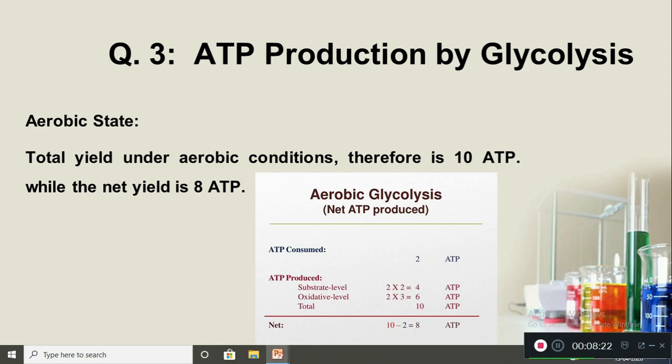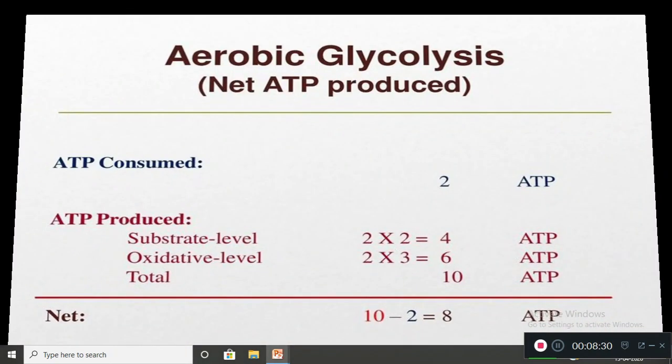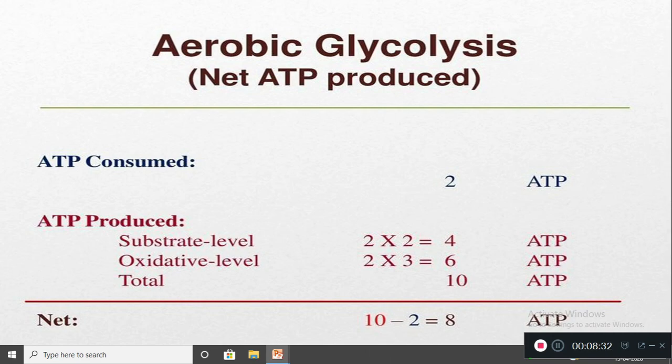So in the aerobic state, the total yield under aerobic condition is 8 ATP molecules. The net yield is 8. You can see it clearly here. The ATP molecules consumed are in the energy investment phase. In the energy investment phase of glycolysis, what is happening? 2 ATP molecules we are utilizing for the reaction to occur, and